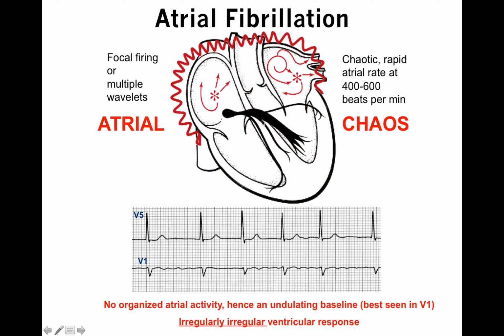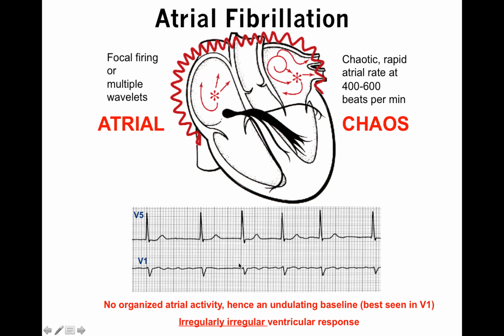So the decremental properties of the AV node serve to limit how many of these impulses can go down to the ventricles. But what you get is an irregular input to the ventricles. So atrial fibrillation presents as an irregularly irregular rhythm on the ECG, and if you feel a patient's pulse with atrial fibrillation, it will feel irregularly irregular. When you look at an ECG for atrial fibrillation, you'll see irregular QRS complexes and no